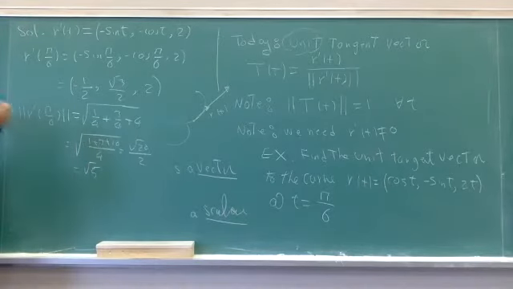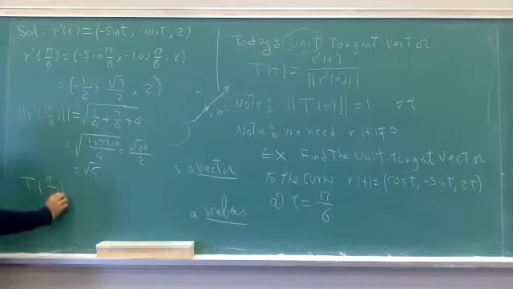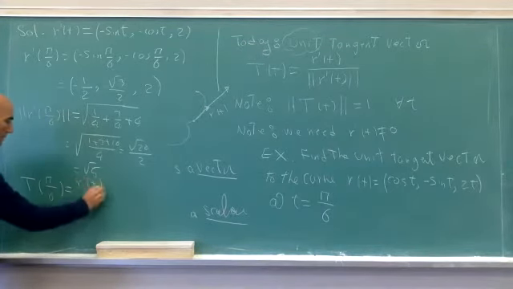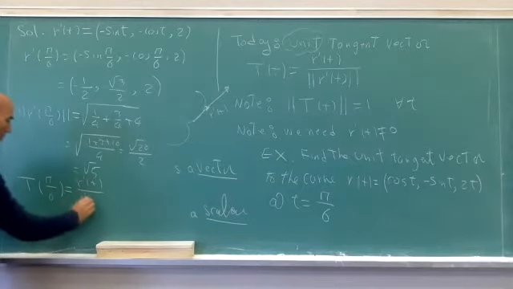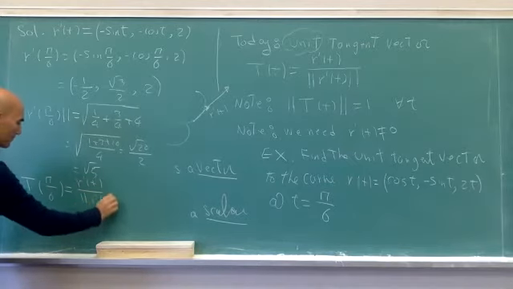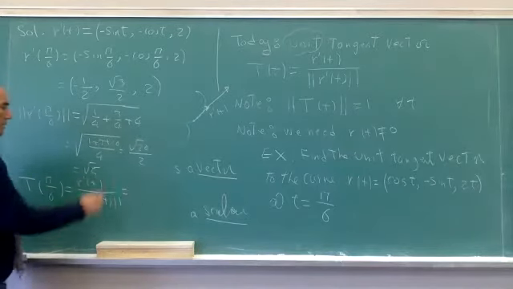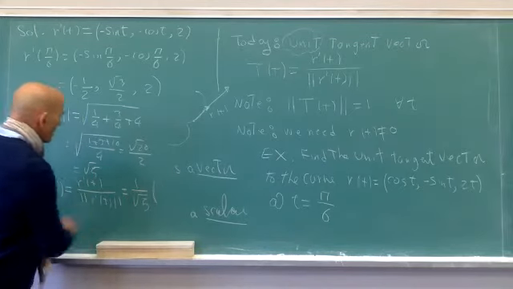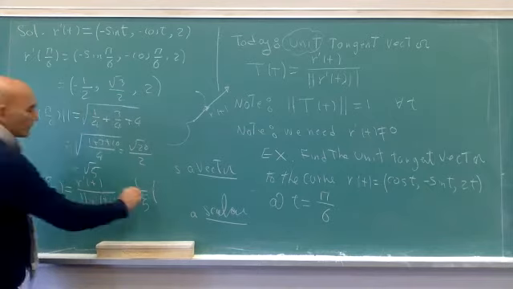So then T at pi over 6, which is indeed r prime of t divided by the norm of r prime of t, is equal to 1 over root 5 times the original vector,